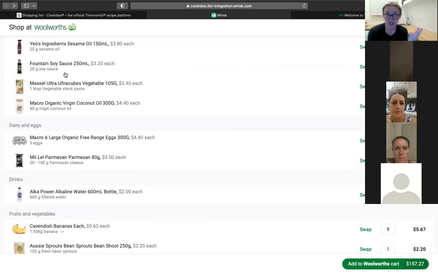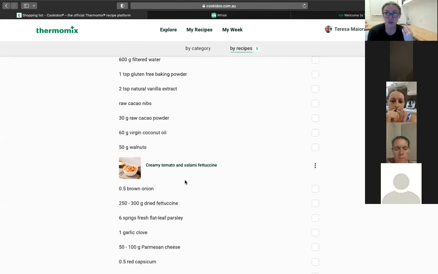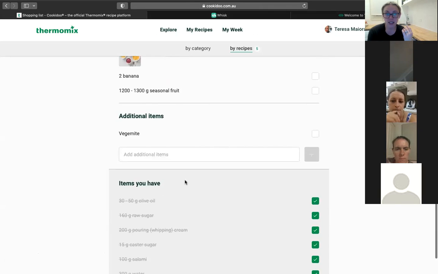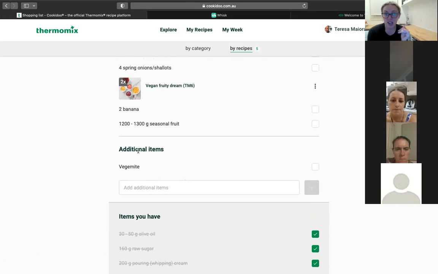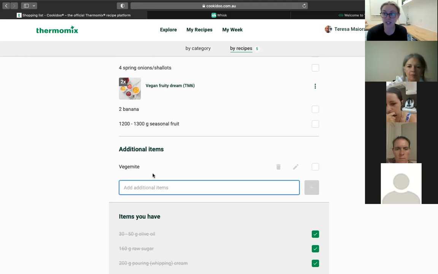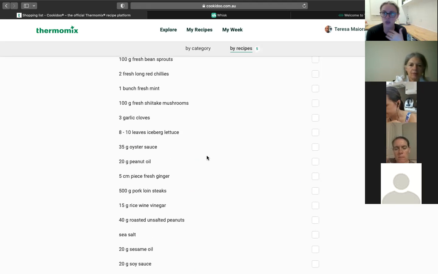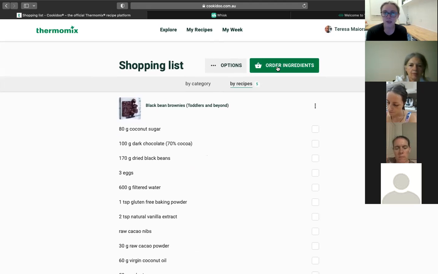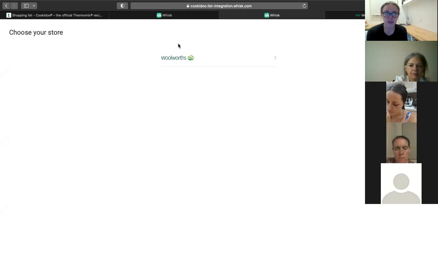Okay, you can add extra things. So if I scroll down to the bottom of my shopping list, you can add additional items. So say your normal stuff like dishwashing liquid, deodorant, whatever it might be, you just add it to the bottom like I added Vegemite, and that will add it to your shopping list. So it can legitimately be your shopping for everything, okay? You can add grapes, apples, bananas, all those other extra bits and pieces that you need, and it will be added to your shopping list, okay? So if I press order ingredients and we scroll down,